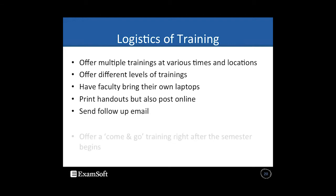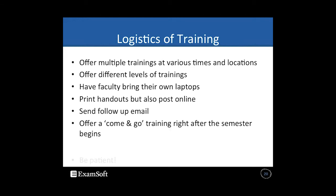I'm actually about to have one right after this is over, so that faculty can come and say, I know I can do this, but I can't really remember where that button was. I attended the training a month ago, but I can't really remember that, or can I have another handout for this? So that come and go session has been really good. And again, they get one-on-one, one-on-two type training when we're able to sit down with them and really help them